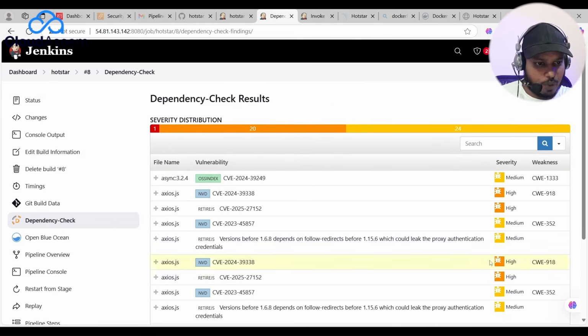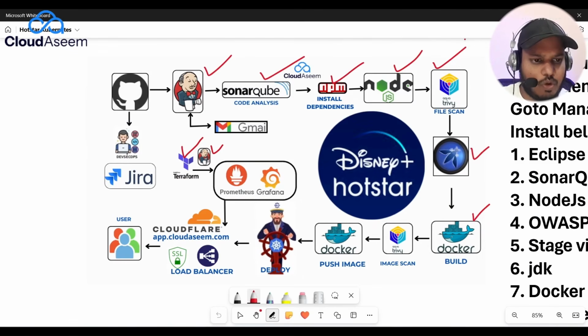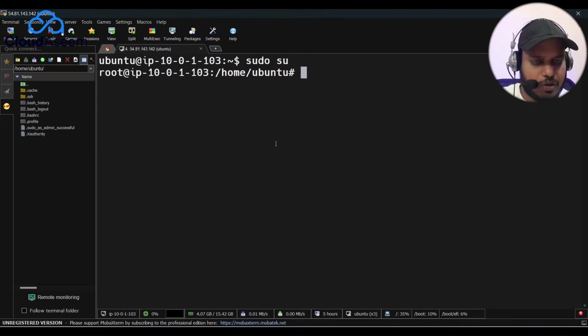Developer will fix this one and he will intimate our DevOps team. So the DevOps team will run this again in the pipeline and will make sure everything is zero, or else there should be a proper reason to skip these vulnerabilities. Okay, team, now what we have done, we have deployed our application